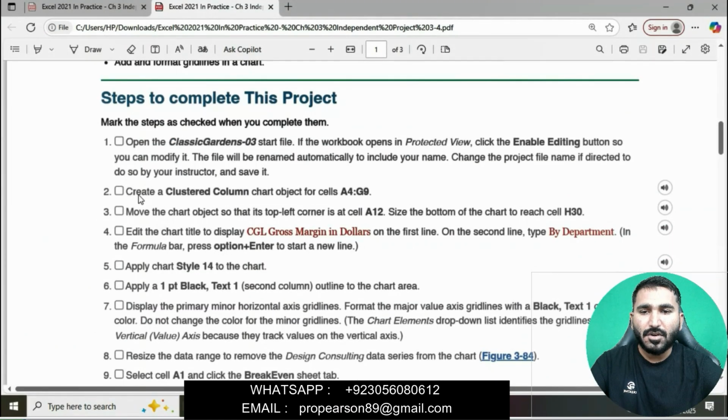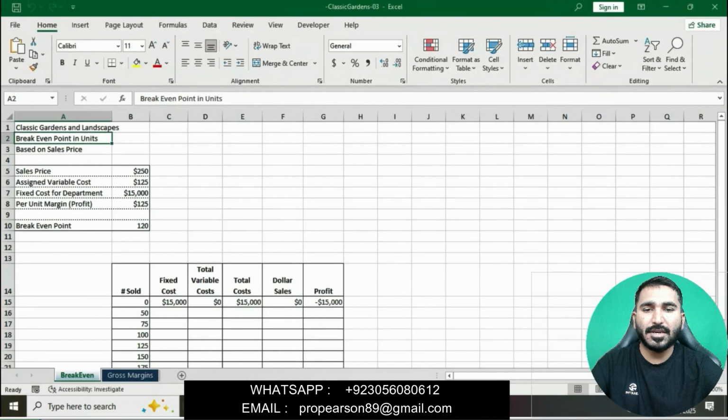Now question number 2: create a cluster column chart object for cells A4 to G9. Basically in this question we will first select this range A4 to G9 and then create a cluster column chart.